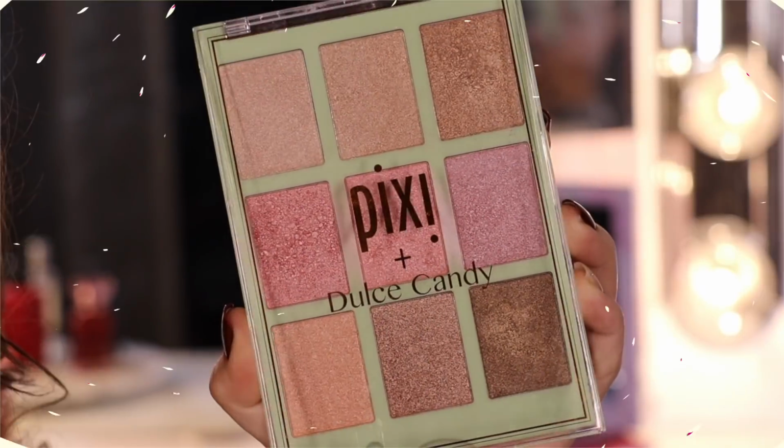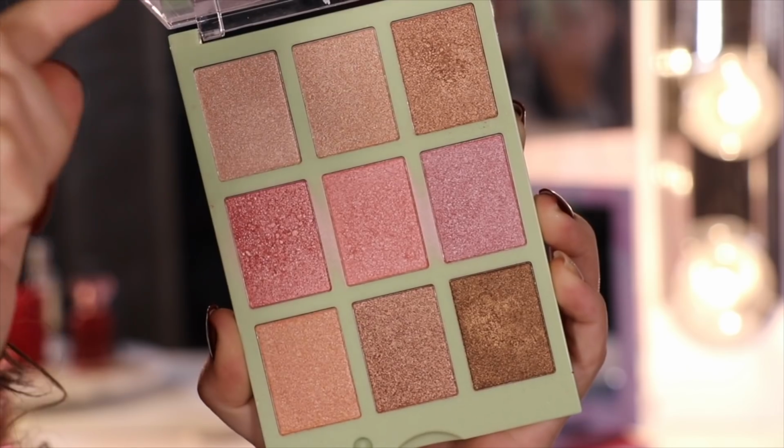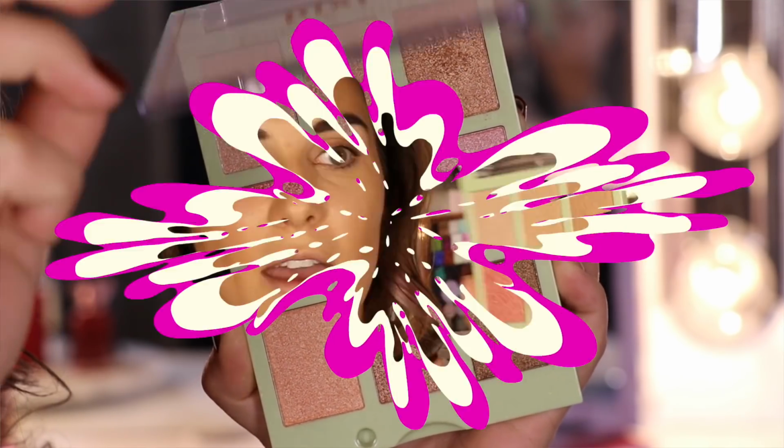Now on to blush. In the same Shop My Stash video where I rediscovered that Wet n Wild foundation I mentioned earlier, I also started using this palette that I've had for probably a year, 2 years at this point. The Dulce Candy and Pixie Blush Bronzer Highlight collaboration. Finally used it for the first time ever in that video and was blown away because it has shimmery blushes. I mean, it has shimmery everything in it, but within the past few months, I've become particularly in love